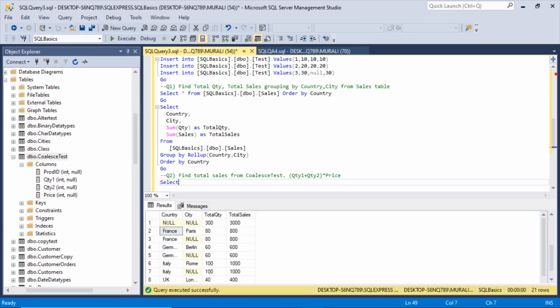So let us see what is there in the table. So let's start from, we have this